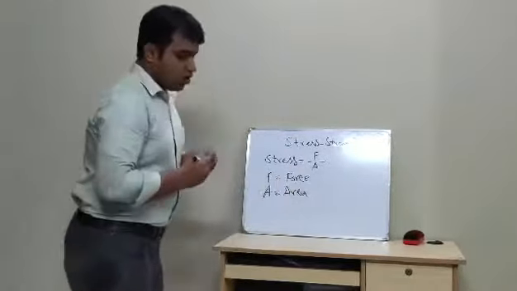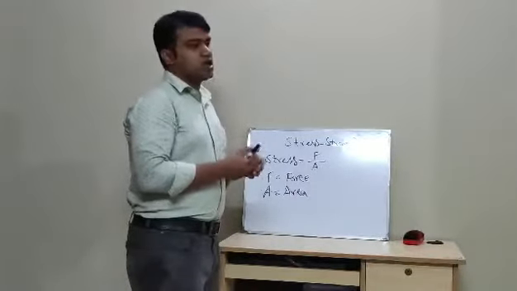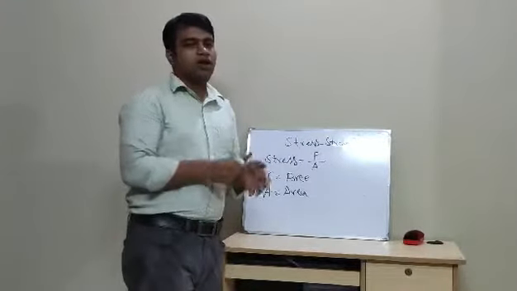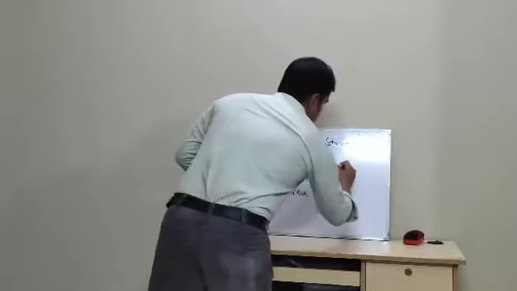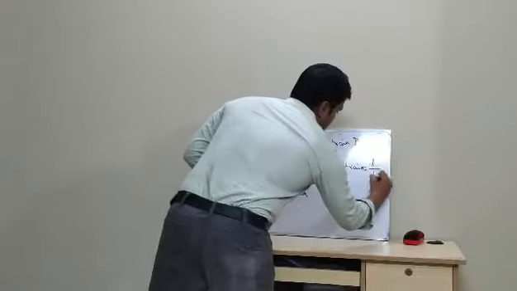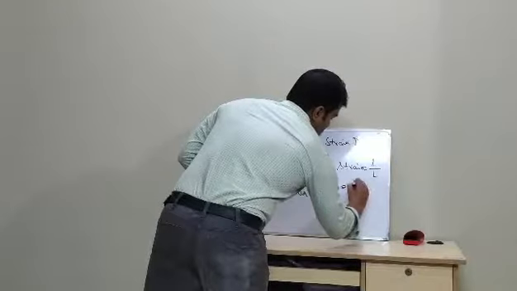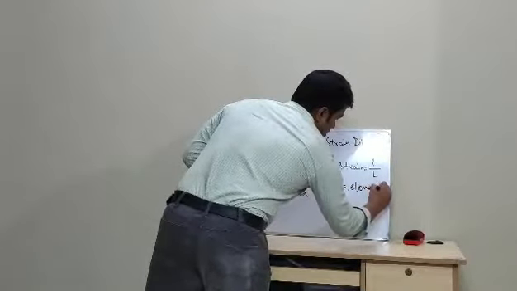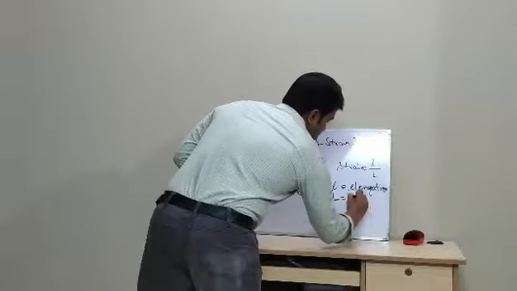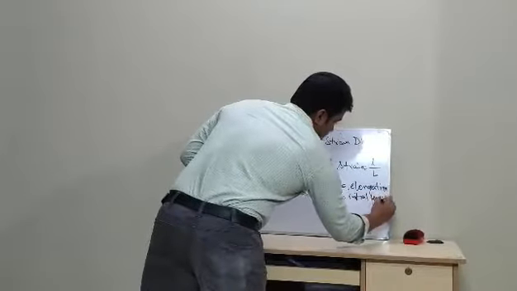And what is strain? When a long wire is subjected to some force, it elongates, and this elongation divided by the actual length of the wire is called the strain. Strain equals small l divided by capital L. Small l is elongation, and capital L is initial length. Okay, then